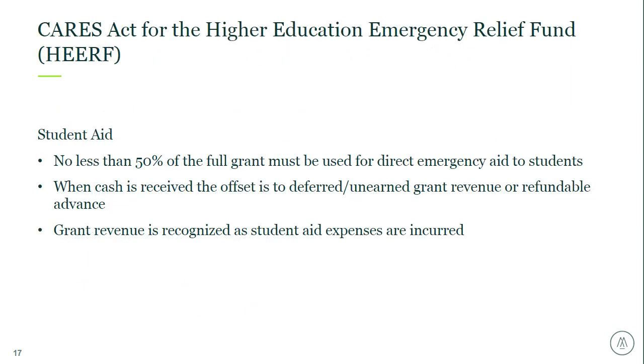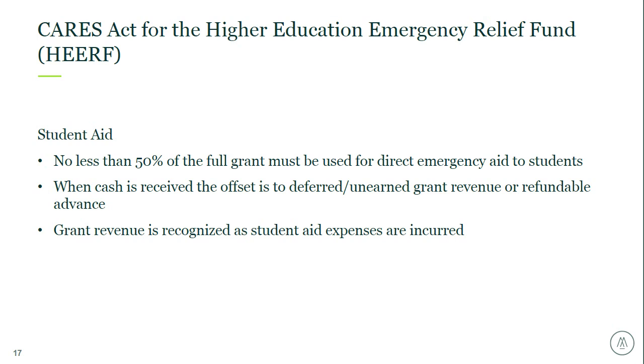Continuing on, let's talk about relief funds and take a minute to go over a few specifics of one of the larger areas of the funding, the Higher Education Emergency Relief Funds for universities. The CARES Act allocated approximately $14 billion of funds to higher education institutions. Under this relief funding, there are two main components, the student portion and the institutional portion. Participating institutions must sign two agreements, one for the students and one for the institution part of the funding.